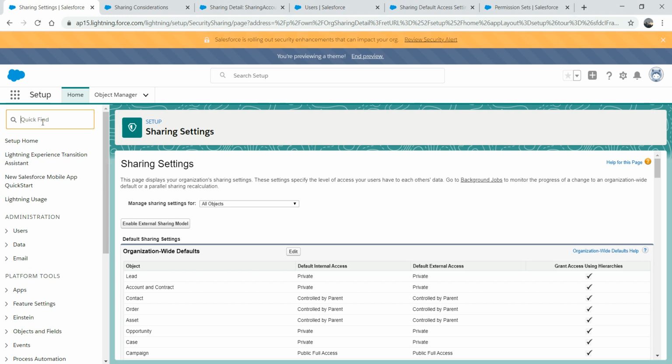Before we dive into field level security, I just wanted to talk briefly about reports and dashboards, right? So in Salesforce,